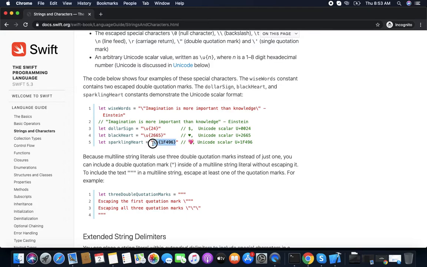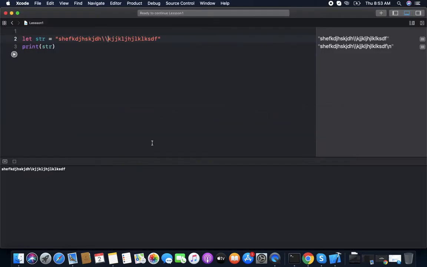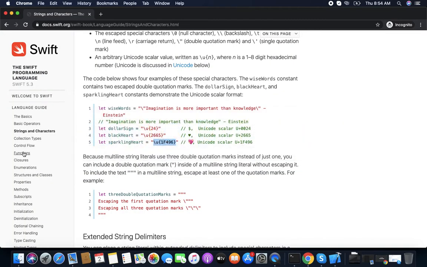So we can check this with our code. We copy this and make this Unicode character. You can see it will become a heart. So these are the special characters.